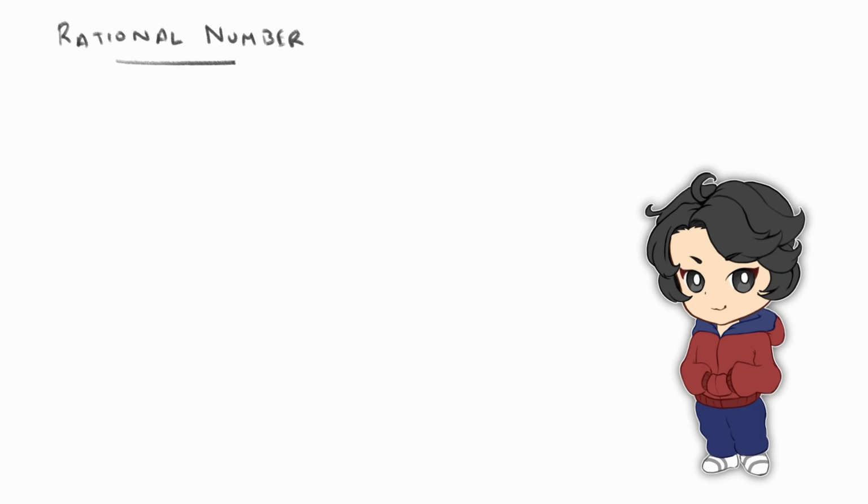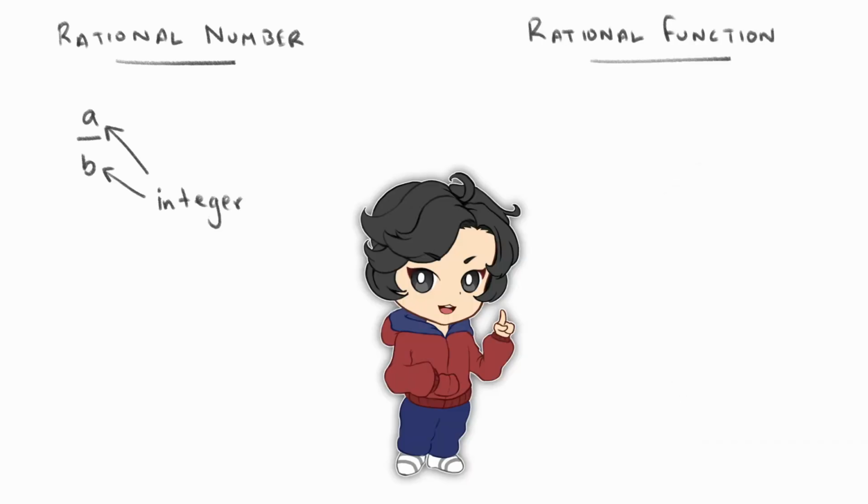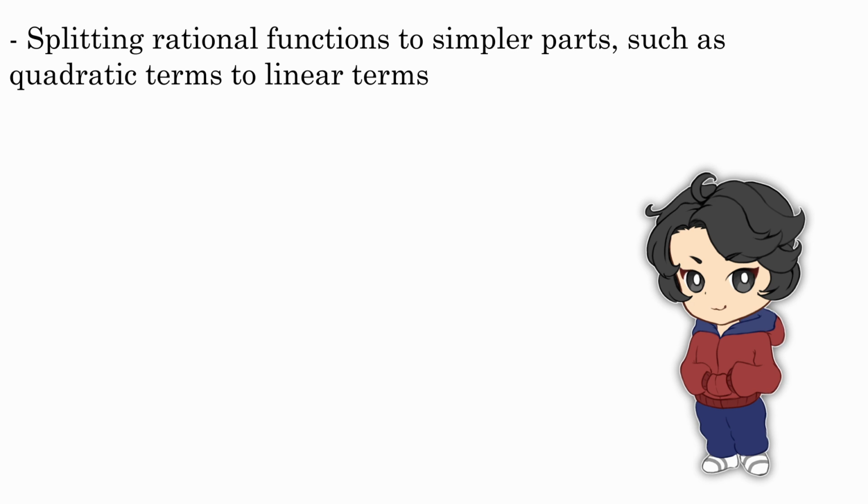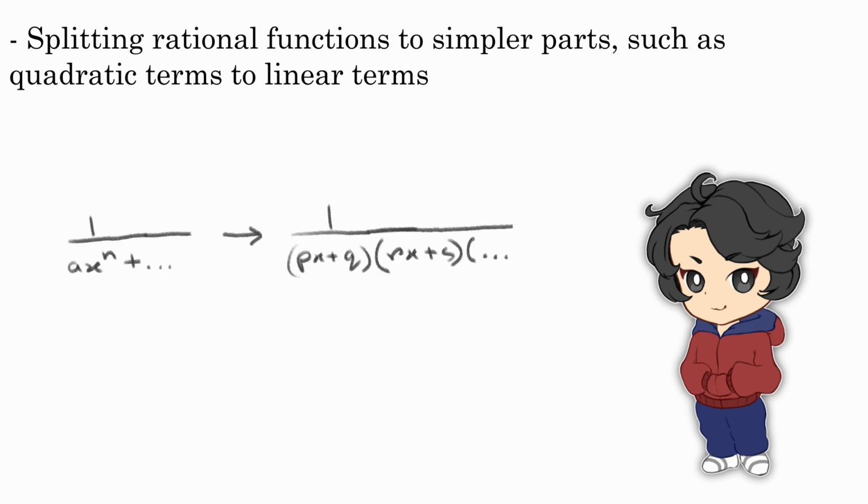A rational number is any number that can be expressed as a ratio or fraction of two whole numbers. Similarly, a rational function is any function that can be expressed as a fraction of two polynomial functions. In this chapter, we'll be focusing on splitting rational functions to simpler parts, such as quadratic terms to linear terms,